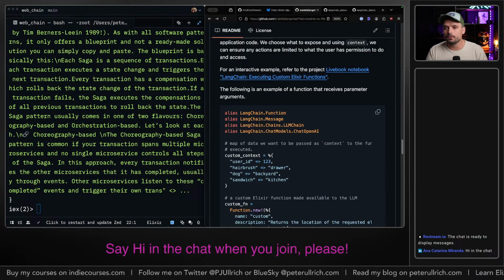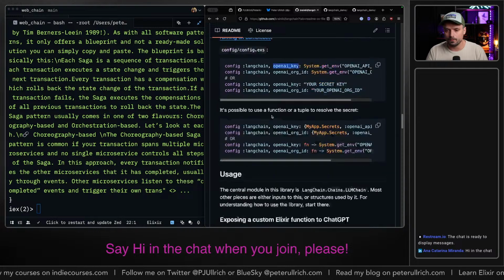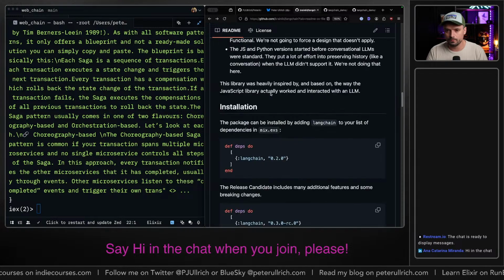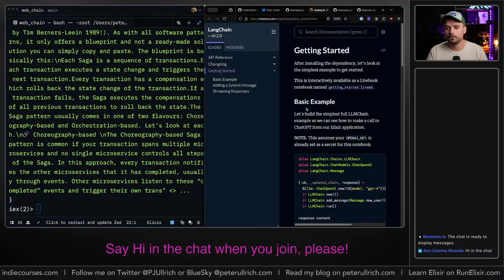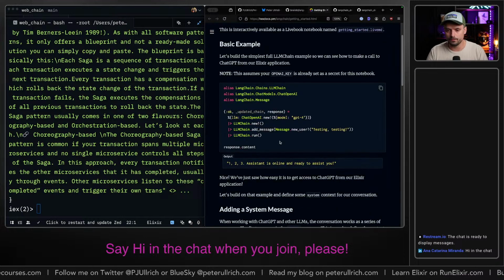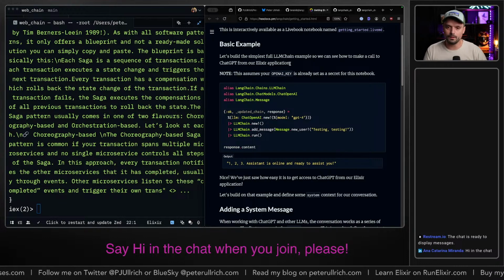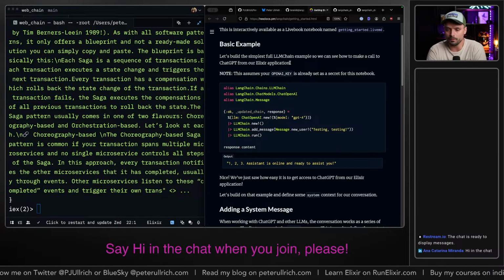Now, let's look at the example. Where's the docs? The docs are actually really good. There. All right, getting started. Sounds good. Basic example. Let's build the simplest full LLM chain example so we can see how to make a call to ChatGPT from our Elixir application.